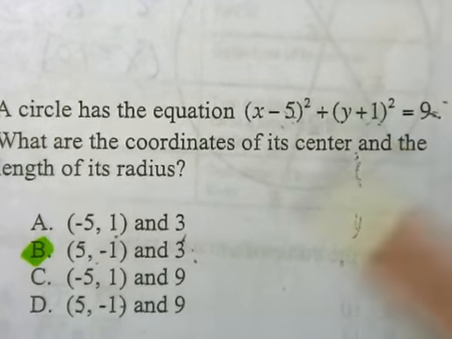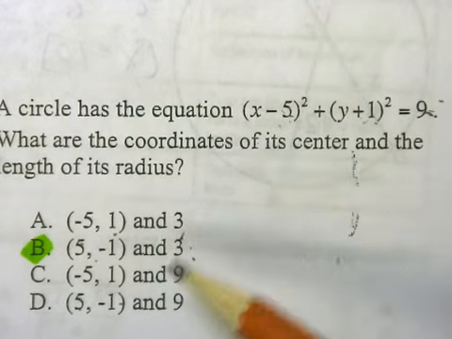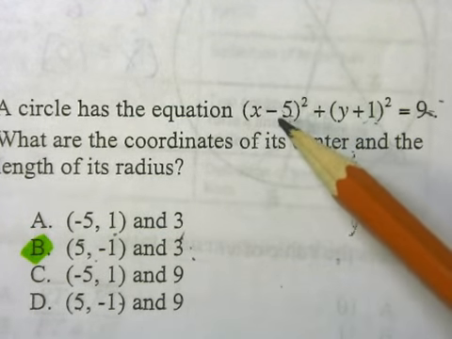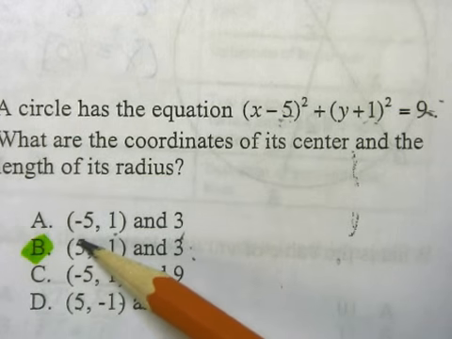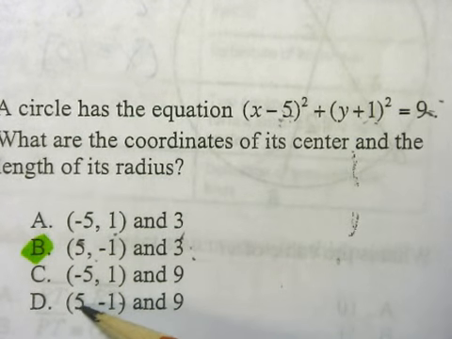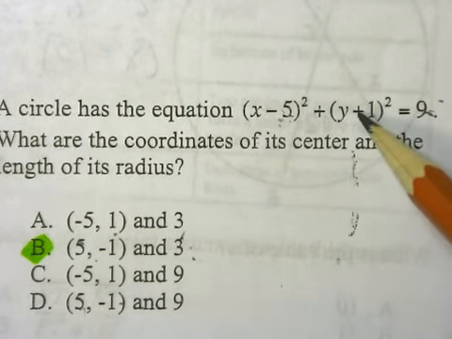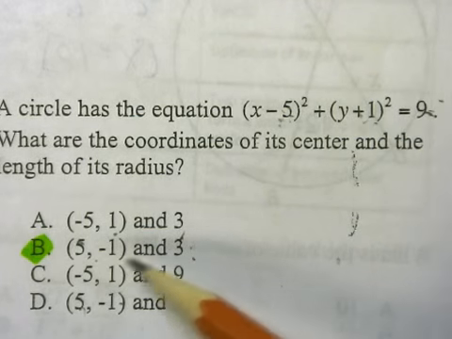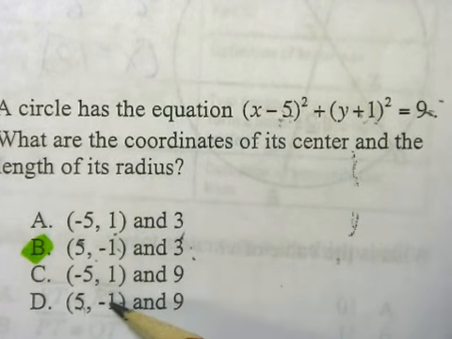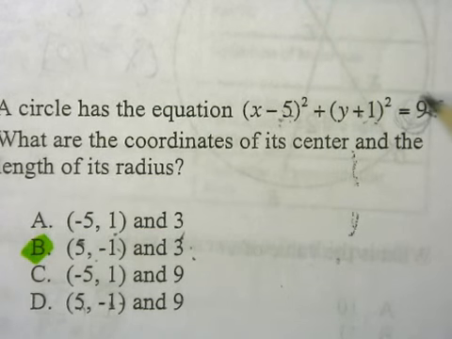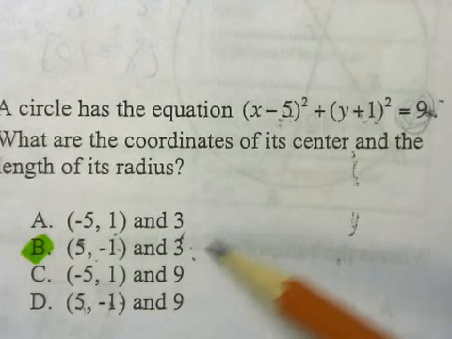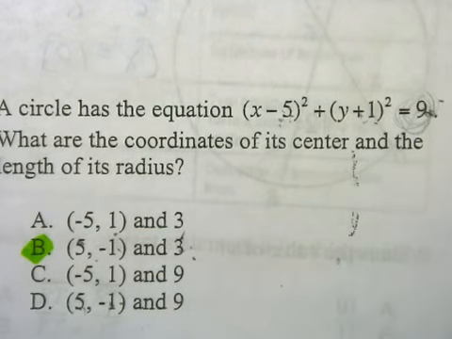Let's move on to question number 8. Question number 8, again, they give us an equation of a circle. In my equation, my x is negative and my y is positive. That means that at the center of the circle, they're going to be opposites. So my x has to be positive 5. So where is a positive 5? B has a positive 5 and D has a positive 5. My y is a positive 1, so I know that in the center it's going to be negative. B has a negative 1 and D has a negative 1. And finally, my radius here, which is 9, has already been squared, which means that the real radius